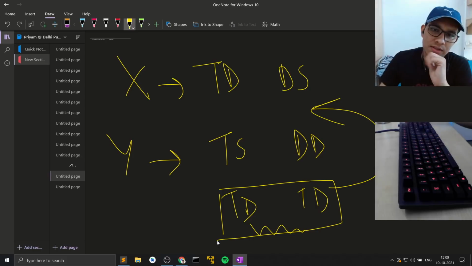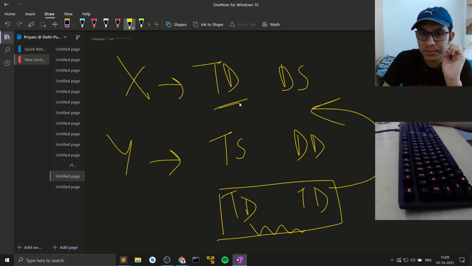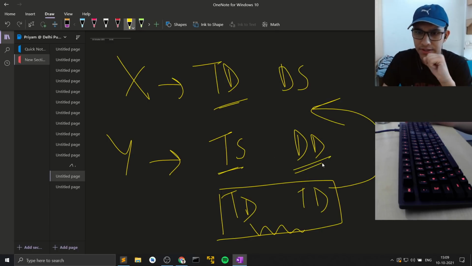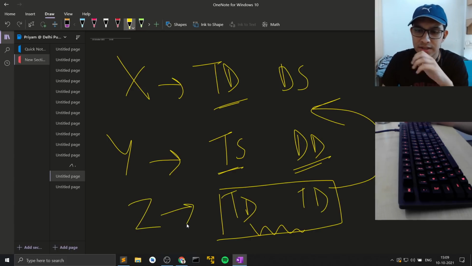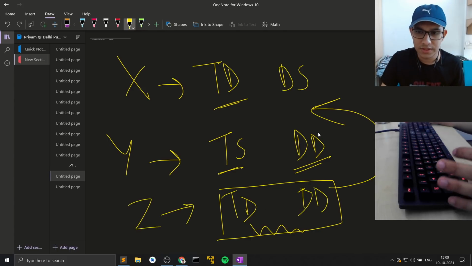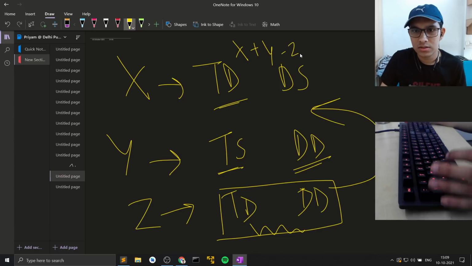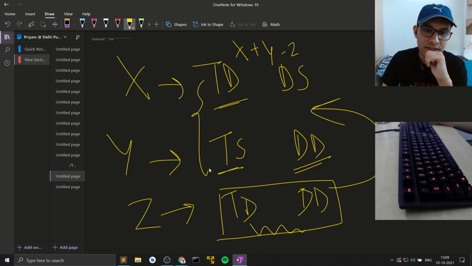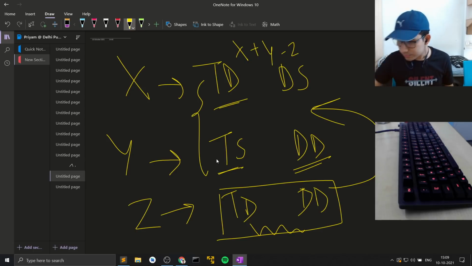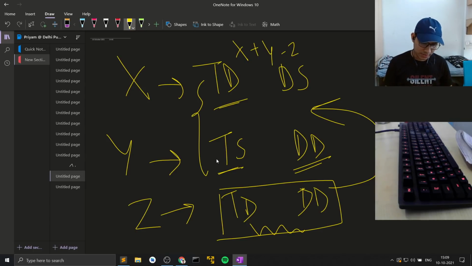So the 2 cases are when we have topic is definitely different, but the difficulty might be same or different. And in this case, we have topic can be same or different, but the difficulty is definitely different. And the third case is where the topic is different and the difficulty is different as well. Both of them are different. So the answer would be finally x plus y minus z. But I think I can calculate x and y. How do I calculate z? For z, I want both the topic and the difficulty to be different.